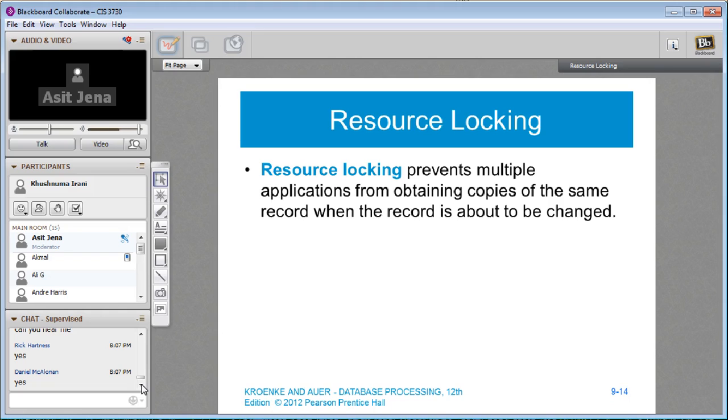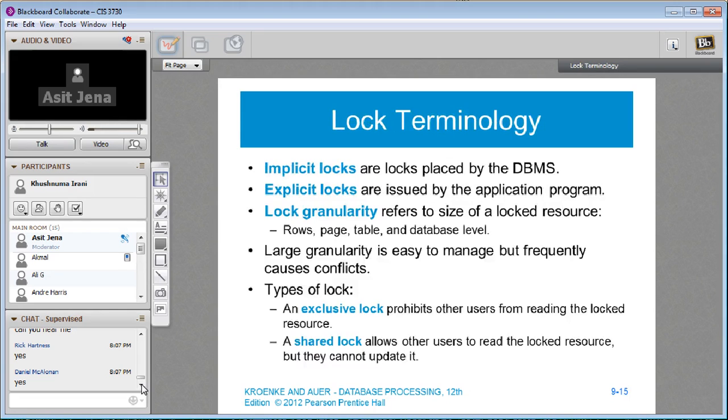So this resource locking happens. Basically, that's what it is. When the first employee comes in and wants to bring in a record, they lock it. When the second one comes in, they are unable to get that resource. The system says this record is currently locked, you cannot update it. So that's basically what resource locking is.